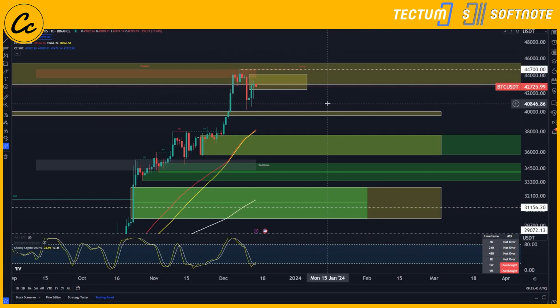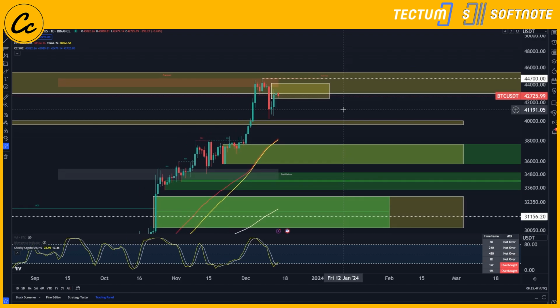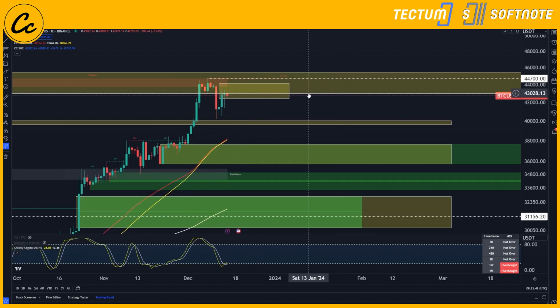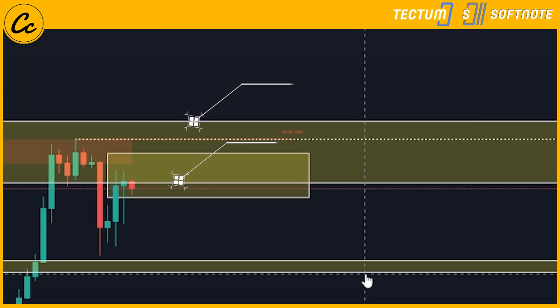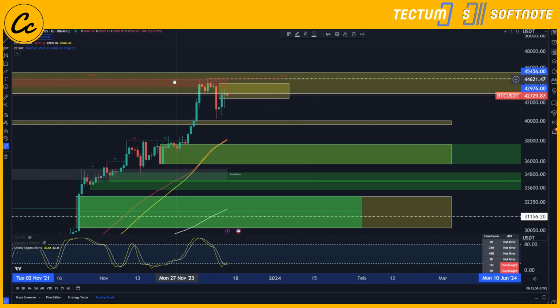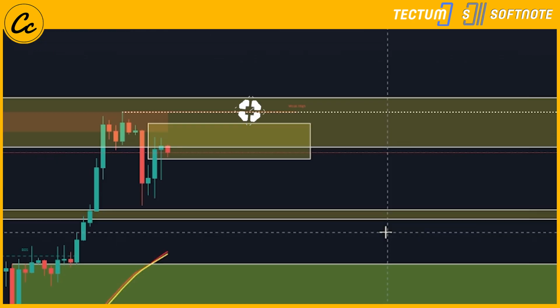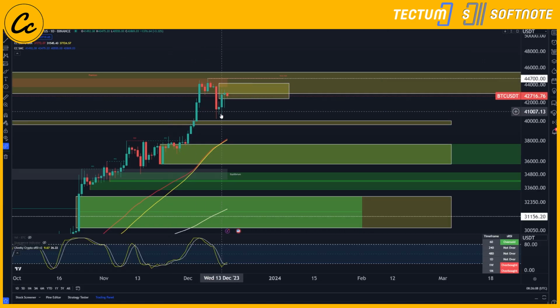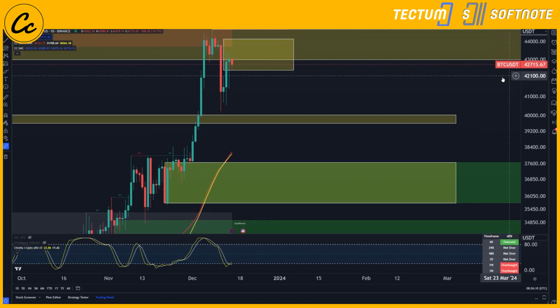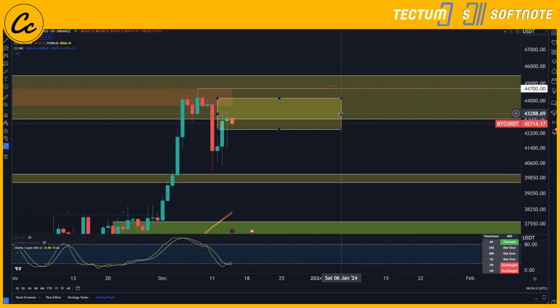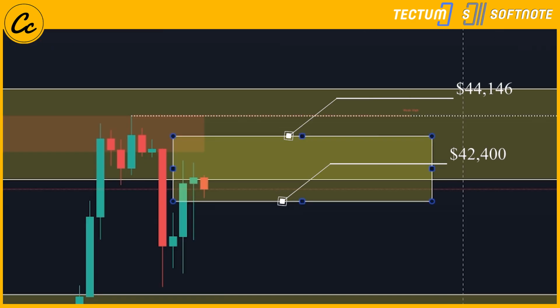Let's go ahead and take this up into our daily time frame. In our daily time frame, we had that upper area of resistance between 42,976 and 45,456. This was the upper area of resistance on the move to the upside, where we did see price topping out at $44,700. We then started to see this move to the downside, and we had a nice healthy correction back to the upside. Our target range for this was 42,400 to